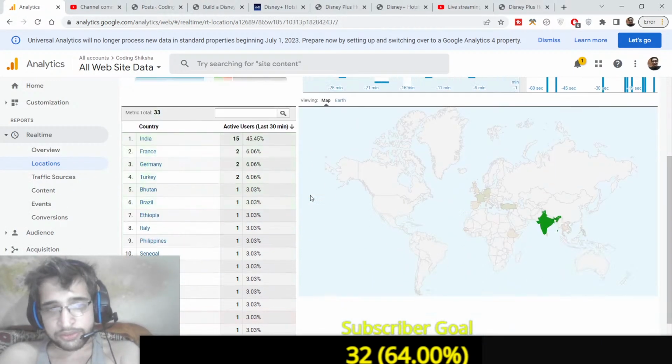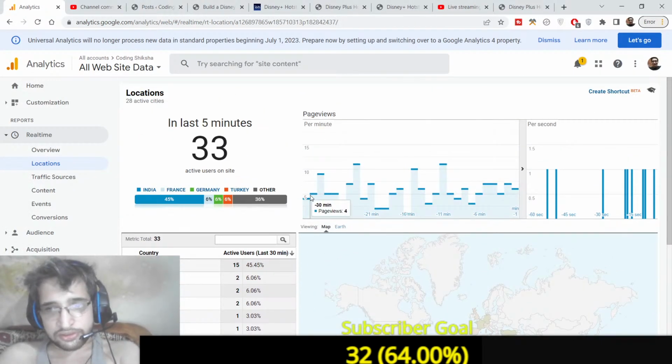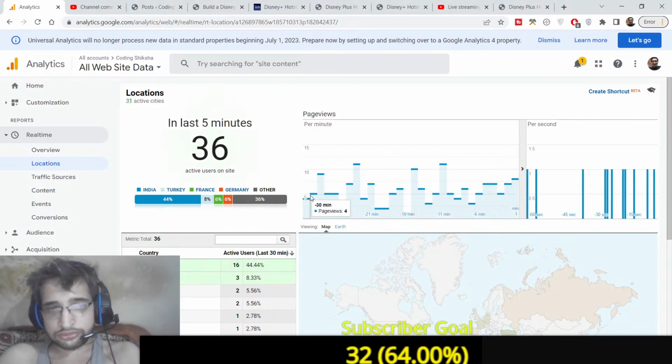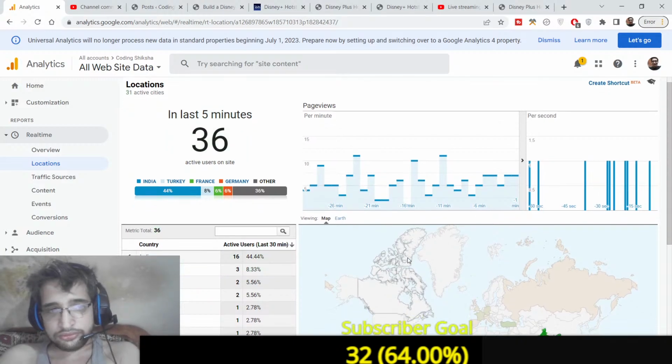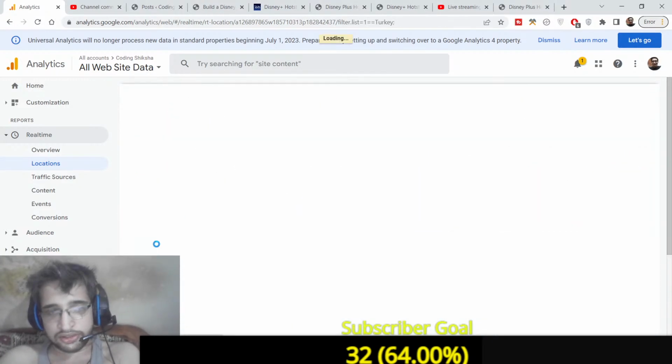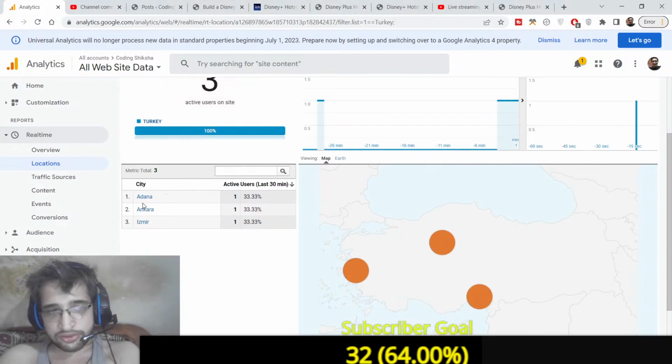You can see the website traffic also increasing here. You can see how much traffic is coming from India, Turkey. You can see that Turkey visitors, which is Adana and